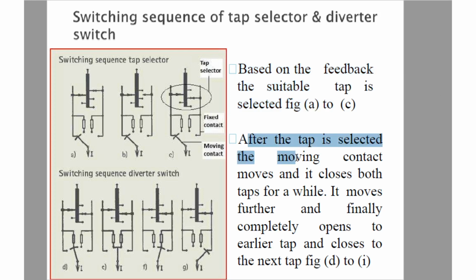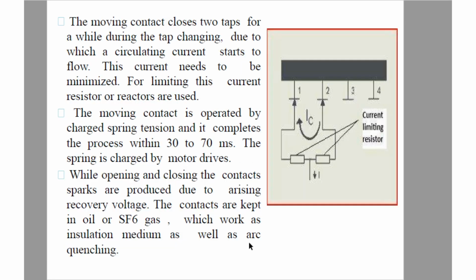After the tap is selected, the moving contact moves and it closes both the taps for a while. It moves further and finally completely opens the earlier tap and closes the next tap, that is from figure D to I. The moving contact closes the two taps for a while during the tap changing,